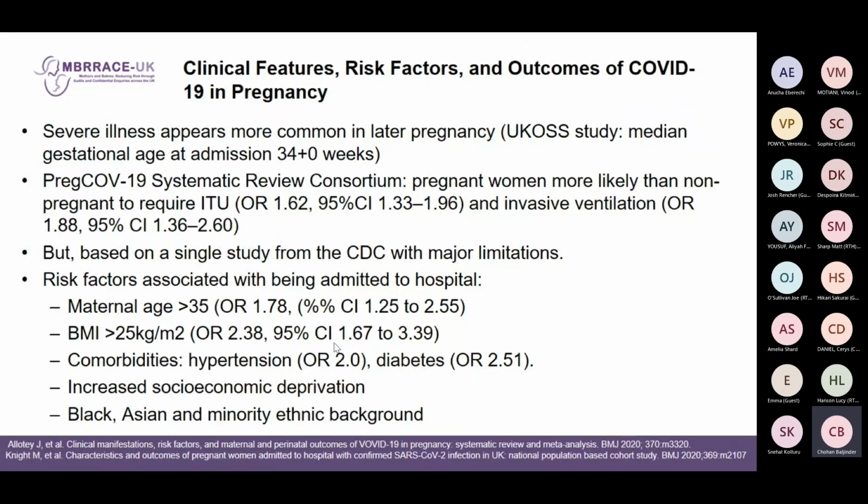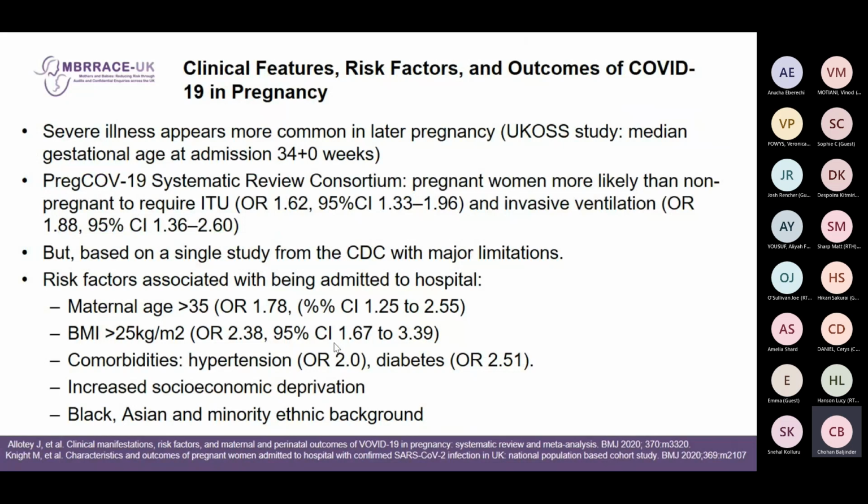As I said, severe illness is more likely in later pregnancy. There is a lot of debate, and it will vary in every hospital, about where the best place is to care for these patients. We very much feel that it's a medical issue. They should be on medical wards, but you need joined up care between the medics and obstetricians, regular review, and MDT discussions about these patients.